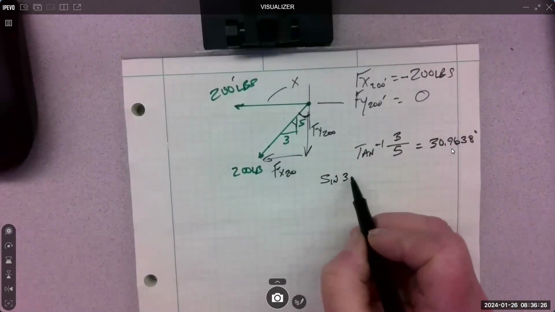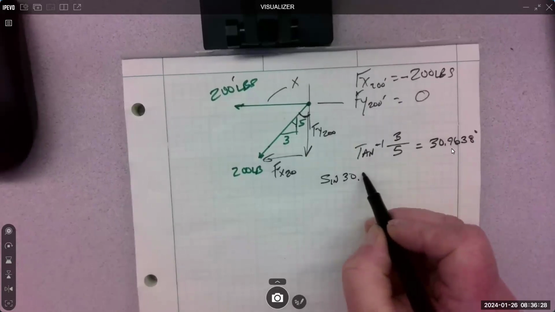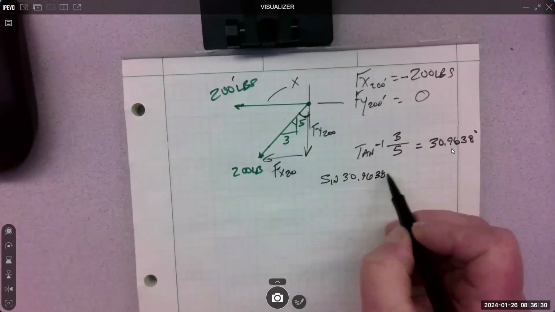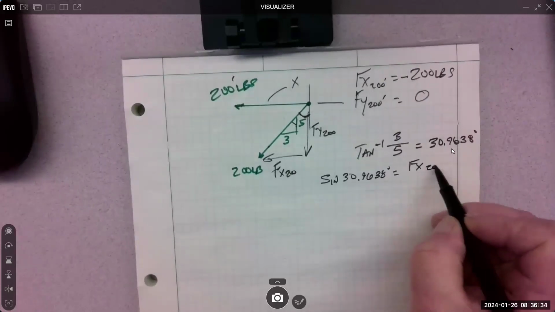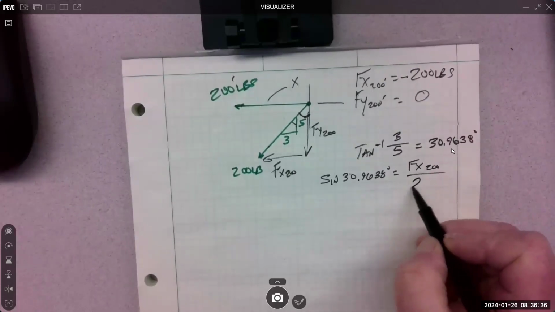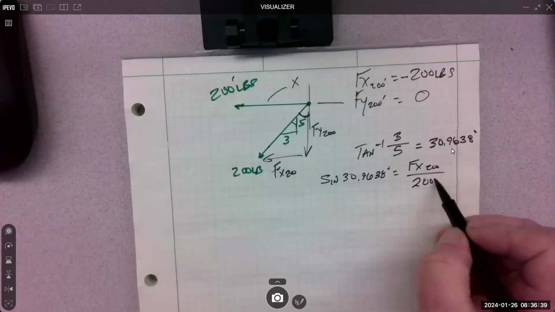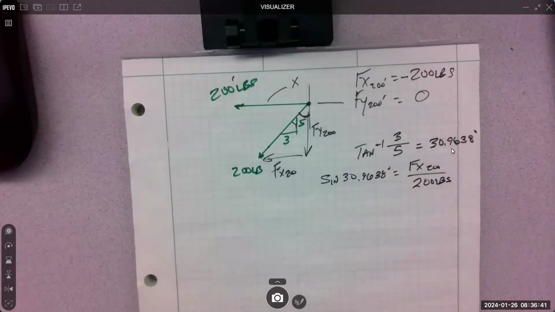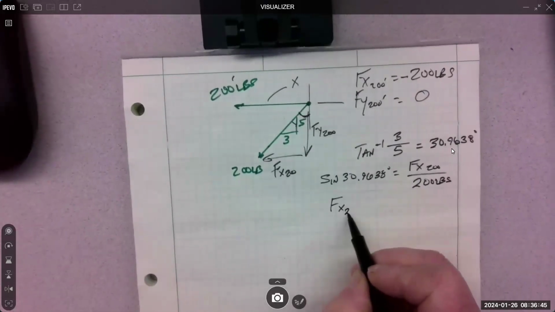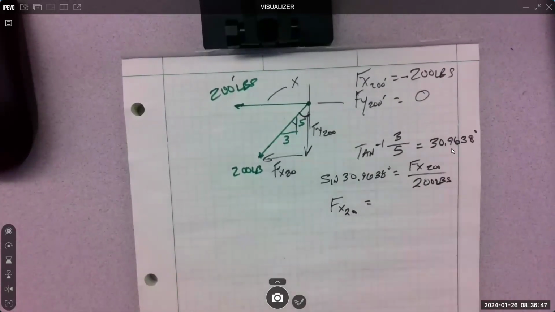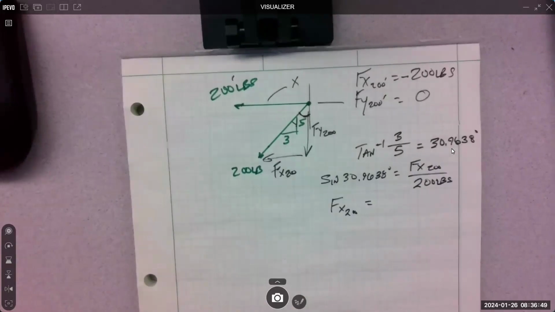Sine of 30.9638 degrees equals opposite, Fx of the 200 prime, over 200 pounds. Fx of this 200 prime is